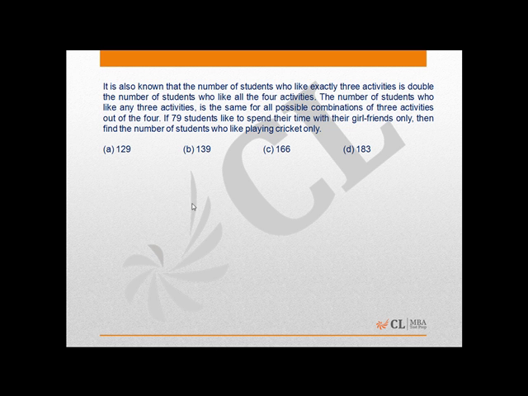Here it is given that 120, which is the total number of students who like spending time with their girlfriend, is equal to 79, the number of students who like only spending time with their girlfriend, and the other regions which are 25 minus 2x plus x by 2 plus x by 2 plus 10 minus twice of x plus x by 2 plus 20 minus twice of x. On solving, we find x equals 4,